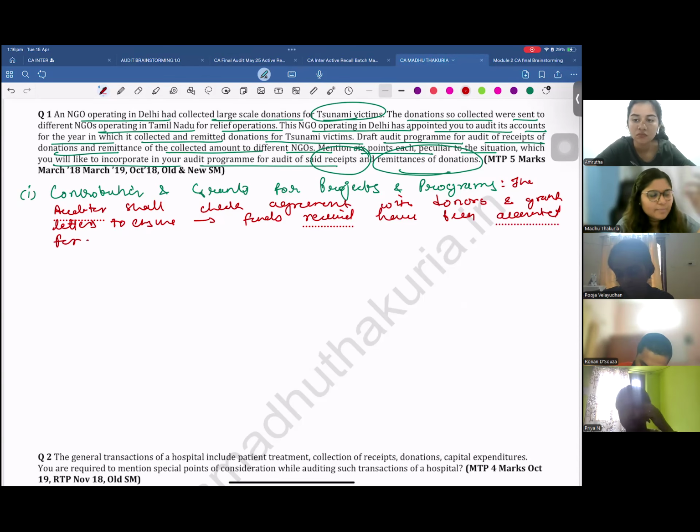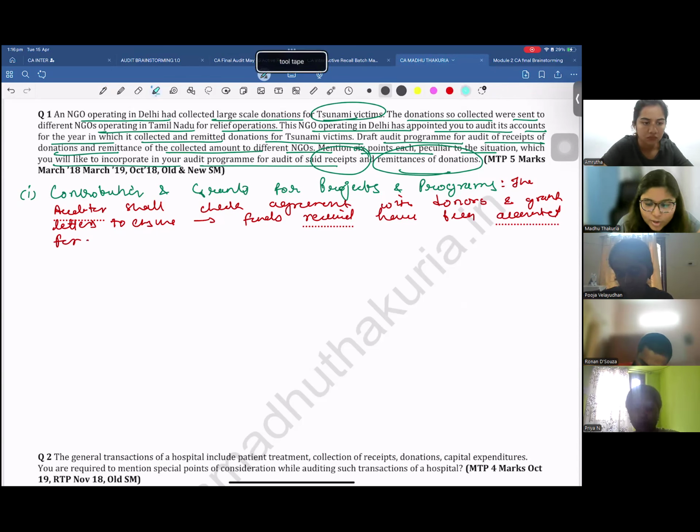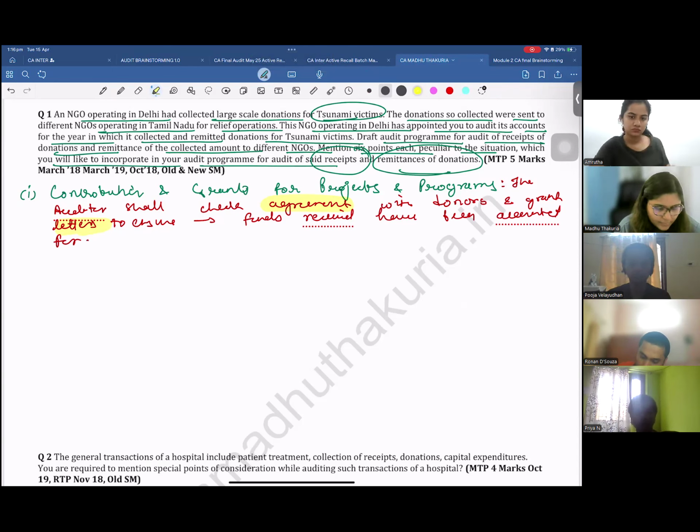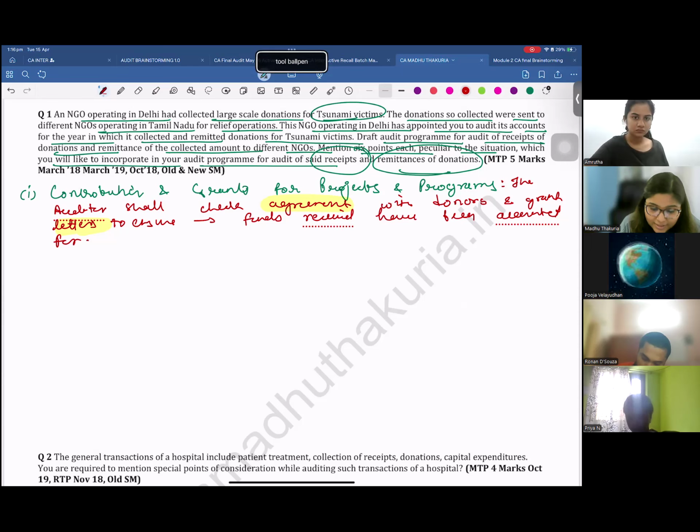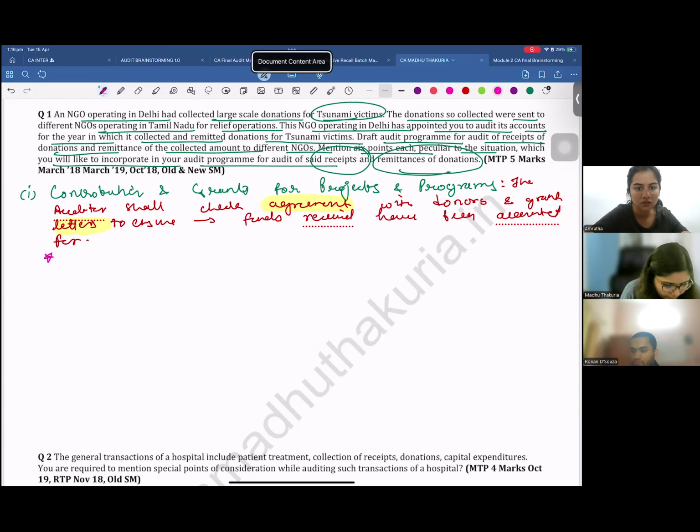Remember, if you have studied your SA 330, you would know that in order to obtain audit evidence, you have various ways. One, you can test the controls. Second, you can test the details, or you can do substantive analytical procedures. So this is exactly where you are doing substantive testing, because you are going through the agreements with the donors and grant letters to ensure that the funds received have been accounted for or not. Plus, here you have to be extra careful with respect to